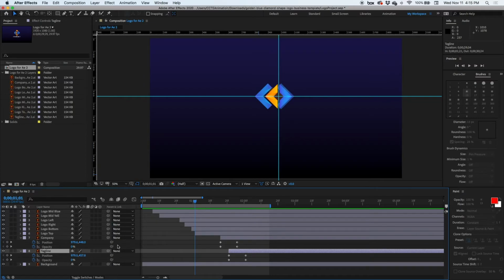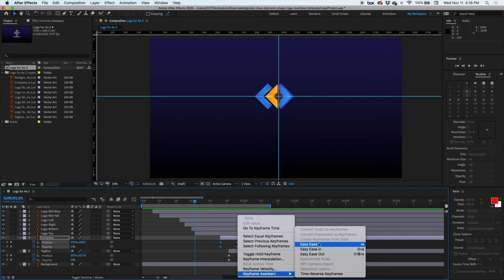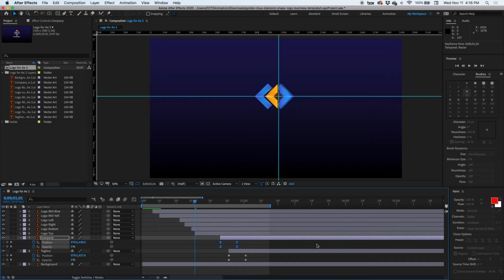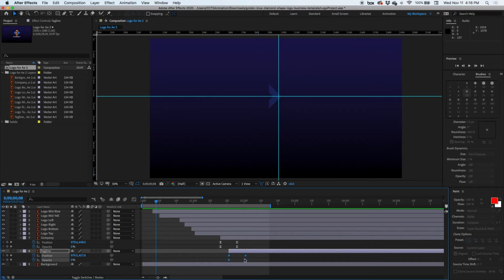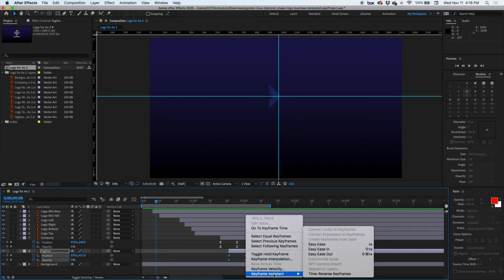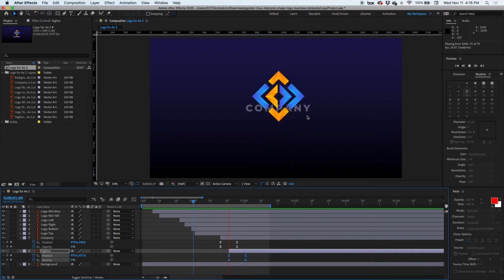Hit U to open up its animated properties. Select all the keyframes and then right click, go to Keyframe Assistant and then choose Easy Ease. You'll see that the little icon for the keyframe changes because it now has Easy Ease. It slows down as it gets to its destination. We're going to do the same here. Keyframe Assistant, Easy Ease, and in fact we'll do them on all of them, but it just makes for a little bit